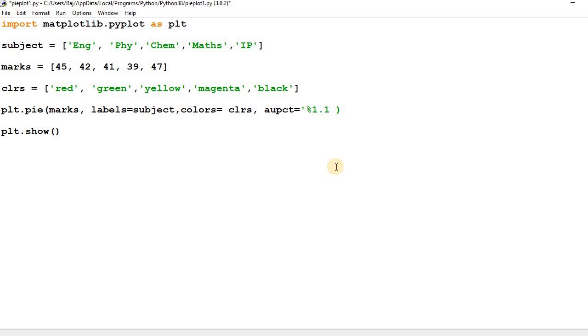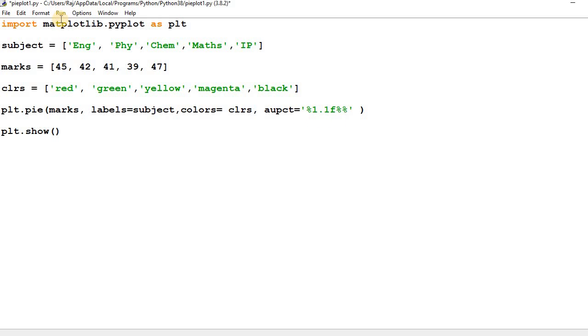Suppose 1.1f, which is a float format. The meaning of this is that it displays one decimal point after the decimal, the value should be in float, and the percentage sign will also display. So this is the format.